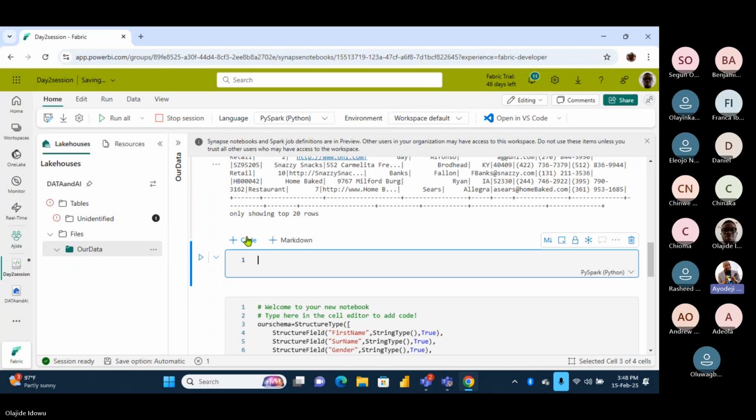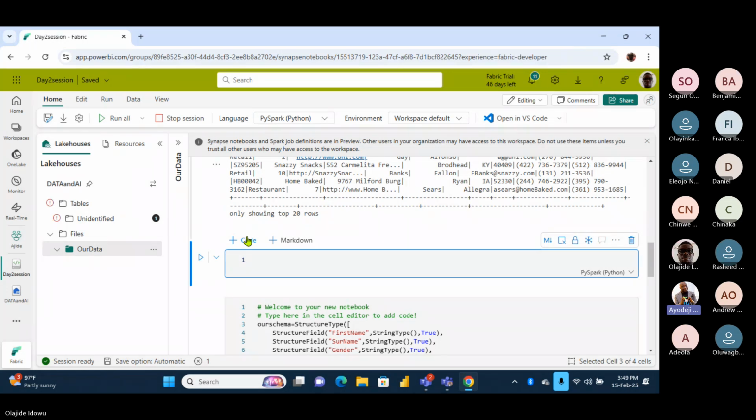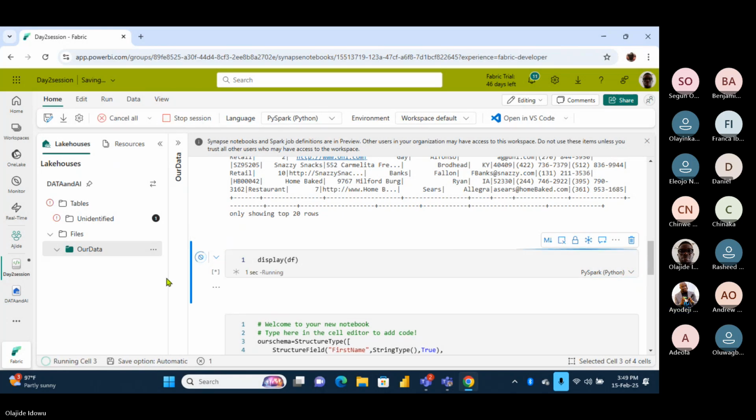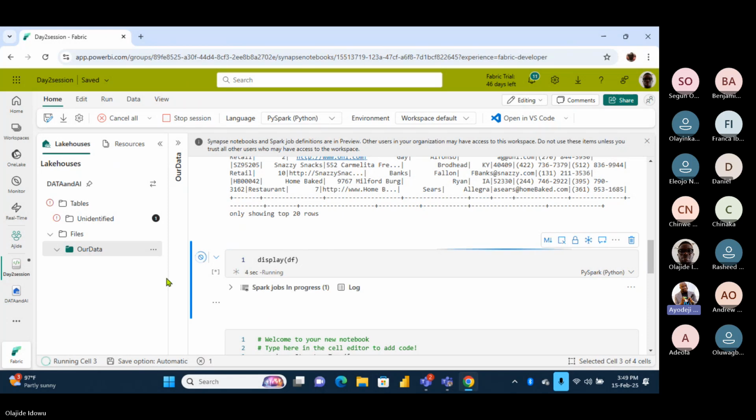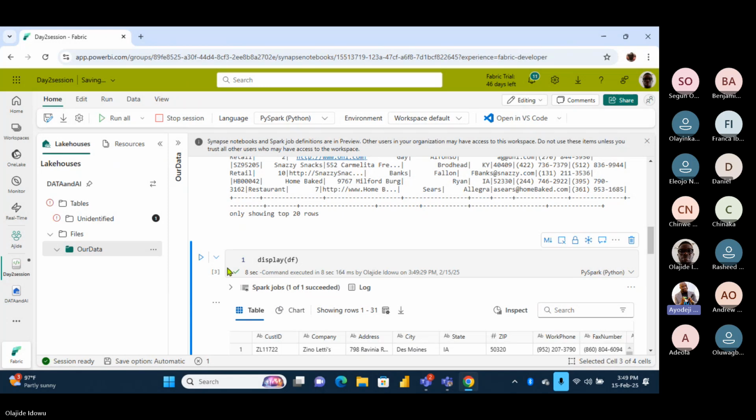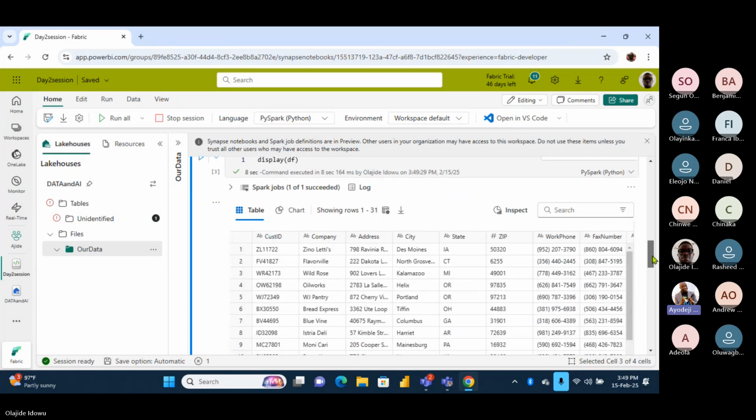Good. Now, what you need to do here is this. I don't want to rerun the first one. It's already working. But this time, I want to run just one script. The script is display df, data frame display. Type display, open a bracket, df. Simple. This is much better. Run it and let us see what will come out from here. It will give us a nice display of the data frame. He has already copied the data from the CSV right into the data frame. This is nice work.